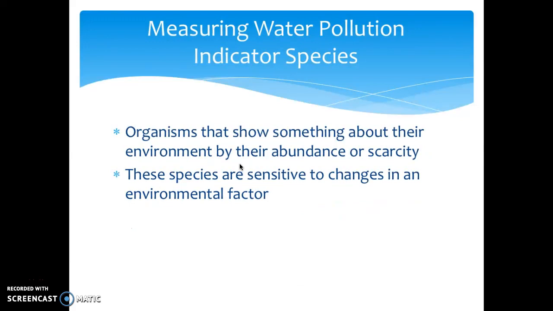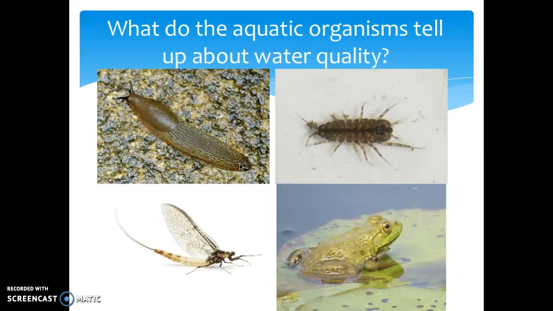So then, what other measures can we gather in order to learn more about the health of water? Which, by the way, might be useful for your Group 4 project, depending on what you chose. One is that certain organisms live in different types of environments. So some of them live in healthier environments and are more sensitive to pollutants than others. So we have these 4 different organisms, and I just wanted you to guess which ones live in healthy water and which ones live in typically unhealthy water. Okay, so take a guess, and then if you look at it,